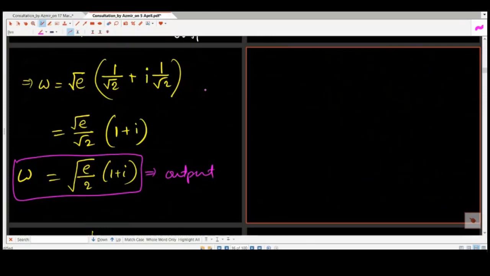So since we are dealing with exponential functions, we can solve some problems. Let's say we have to solve e to the z equals 1 plus square root of 3i. So for solving